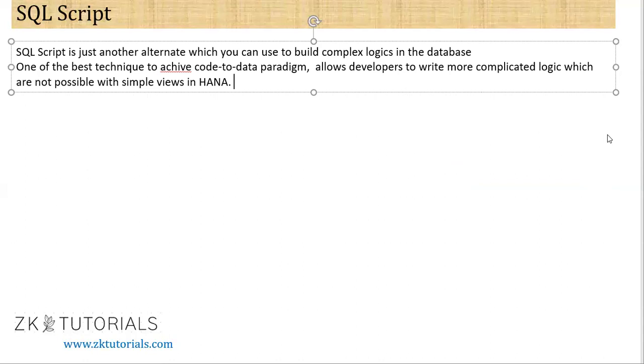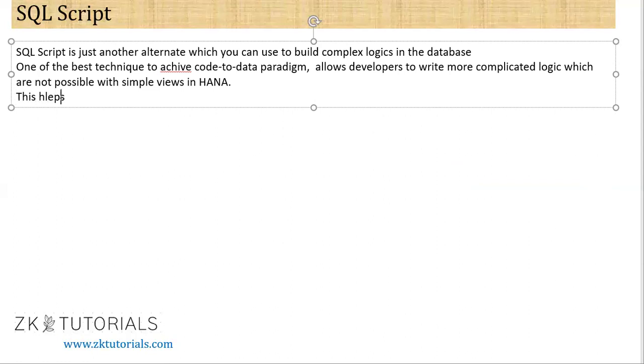So why did we come up with SQL script? Because of complicated logic which is not possible with the HANA views, the simple views, whatever you want to call them. That's why we came up with an approach known as SQL script. This helps us to execute